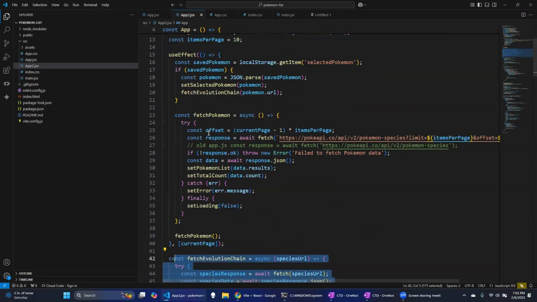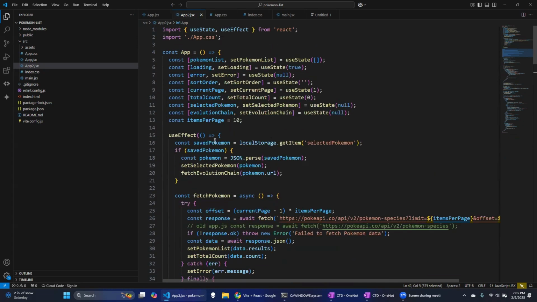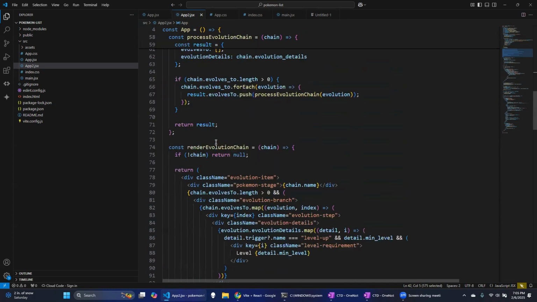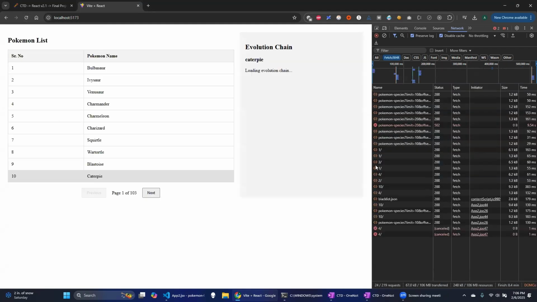So the benefit of saving it in local storage is that before the user clicks on anything, we can display some information when they first come into the application. This is very similar to what we had done with our fruit list. So you will have another example of how you can use local storage or session storage to save some information and